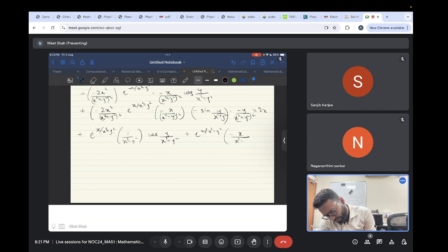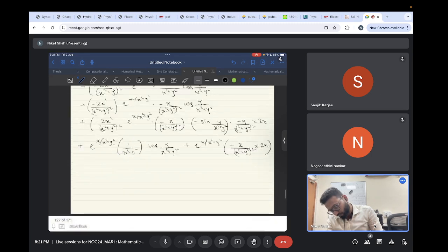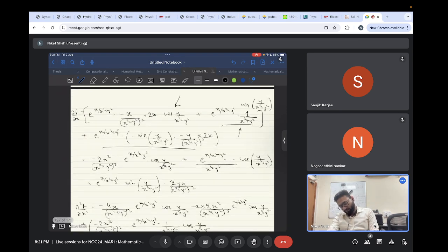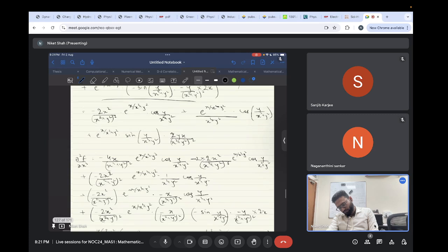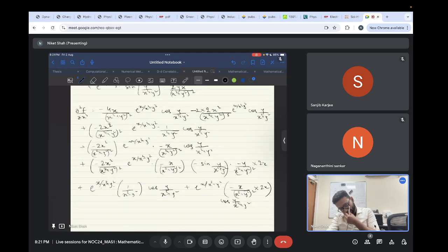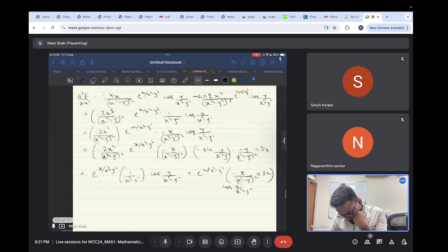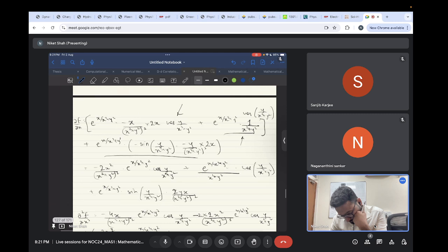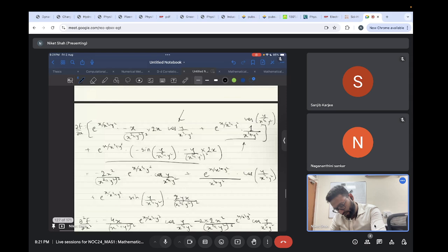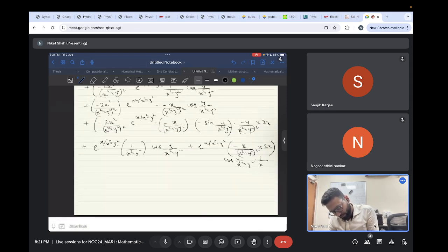Hence x divided by x square plus y square the whole square into 1 by x square plus y square. Here there is one more term. X square plus y square